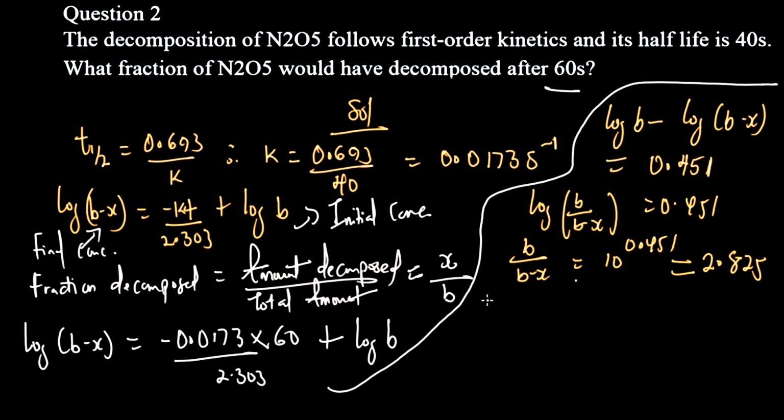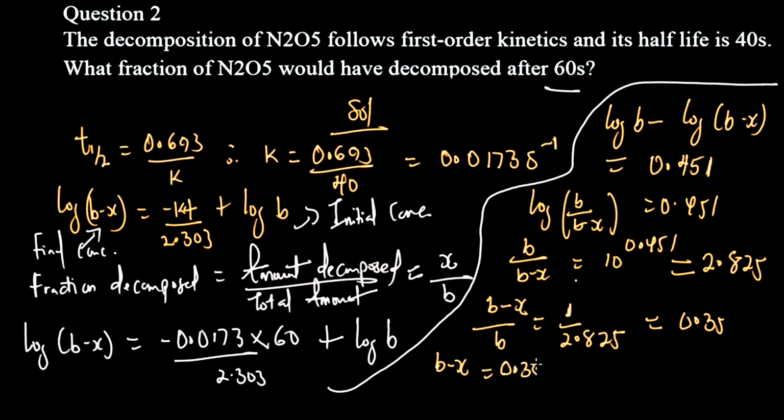So we have B minus X over B equals 1 over 2.825, and that equals 0.35. So we can say that B minus X equals 0.35B. So therefore B minus 0.35B equals X. So this thing is the same thing as